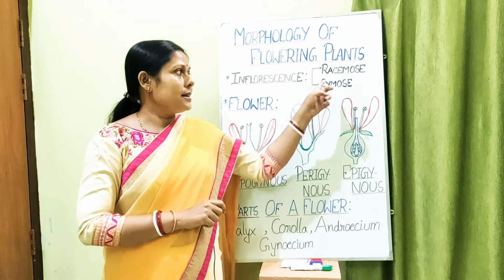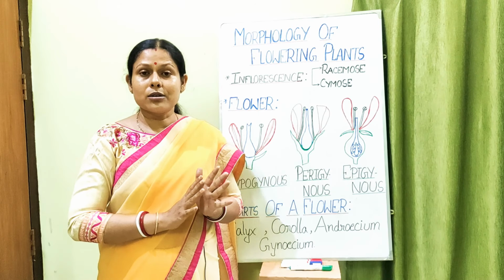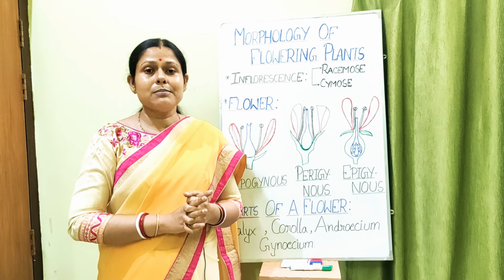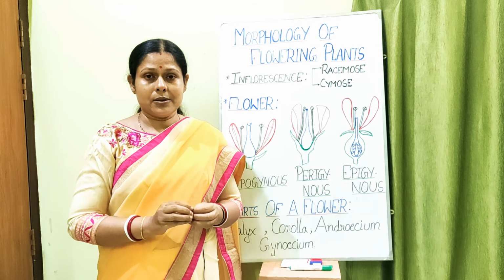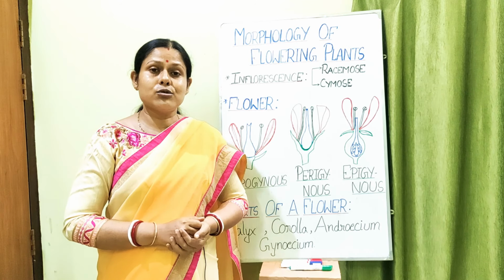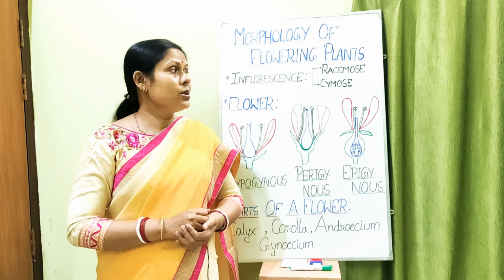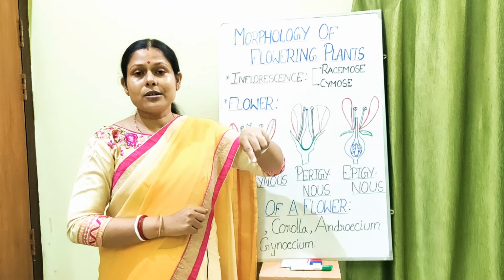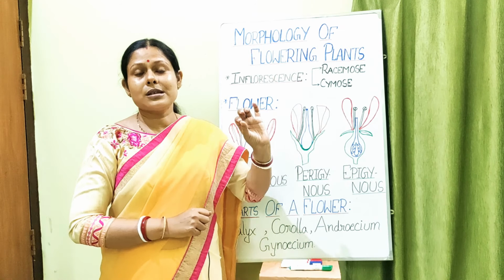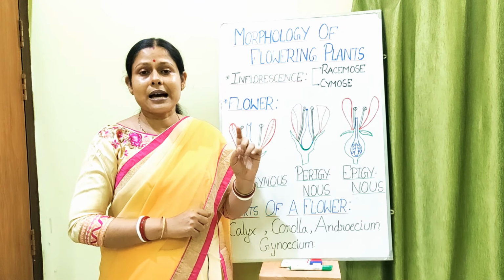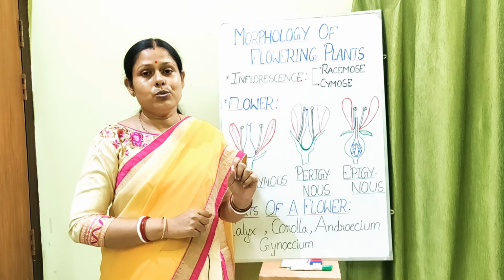In the book, examples of racemose and cymose are not given. I gave you an example so that you can correlate with it. You may write it down next to the topics discussed in your book. That is, for racemose example, write down gulmohar, and for cymose example, write down dianthus.